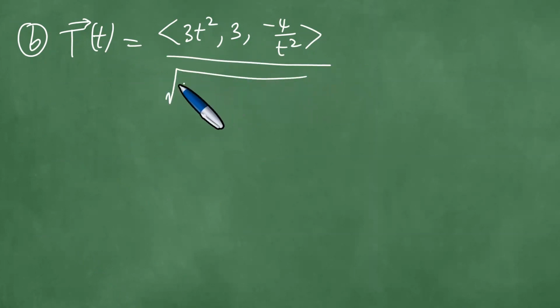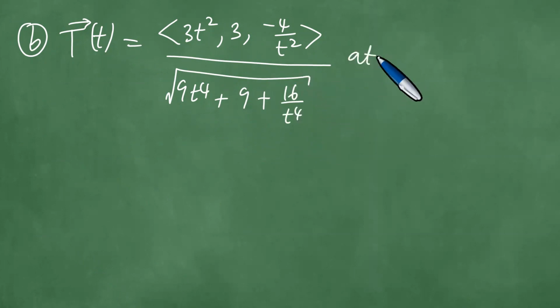We divide by the square root of 9t to the 4th power plus 9 plus 16 over t to the 4th power. This is at t equals 1, so that this vector here